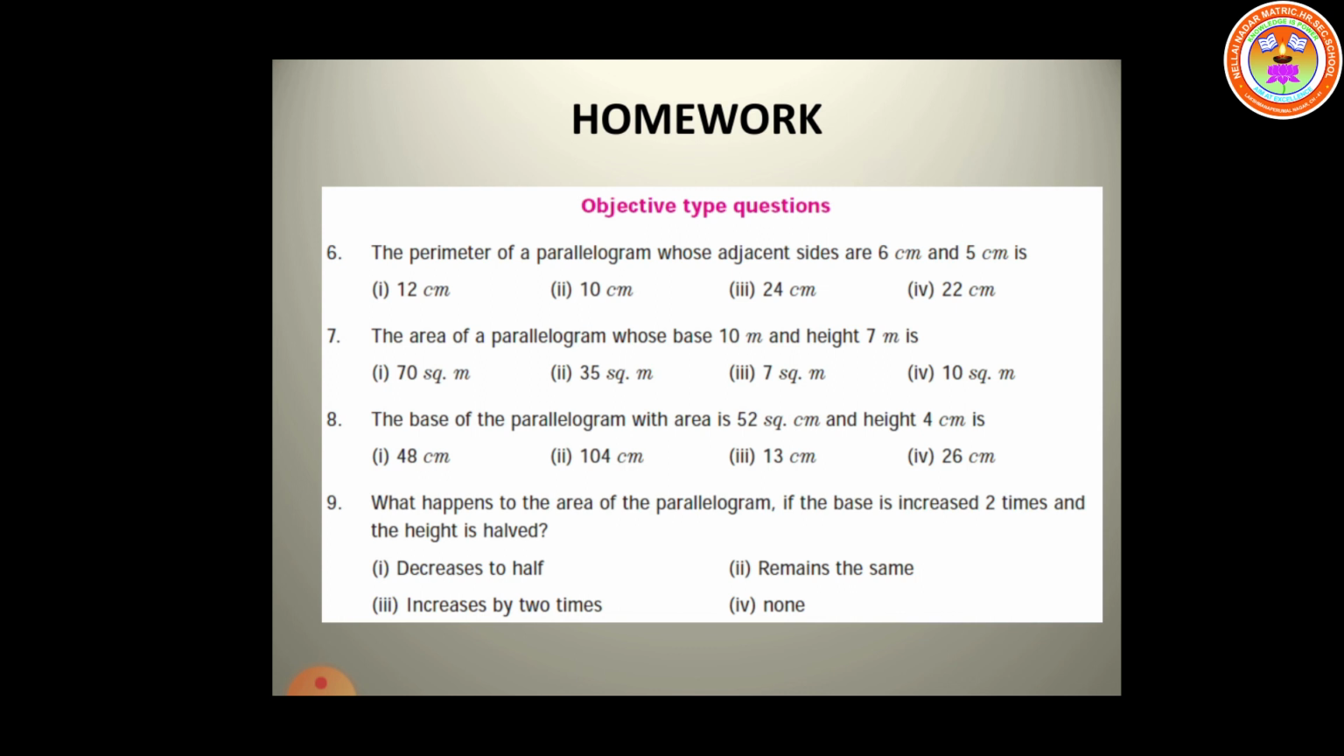Now, let us move to the ninth question. What happens to the area of the parallelogram if the base is increased 2 times? So, in the place of B, we can put 2B. And the height is halved. That means in the place of H, we can put H by 2. That into 2 and this divide 2 getting cancelled. So, the formula remains the same. Next,